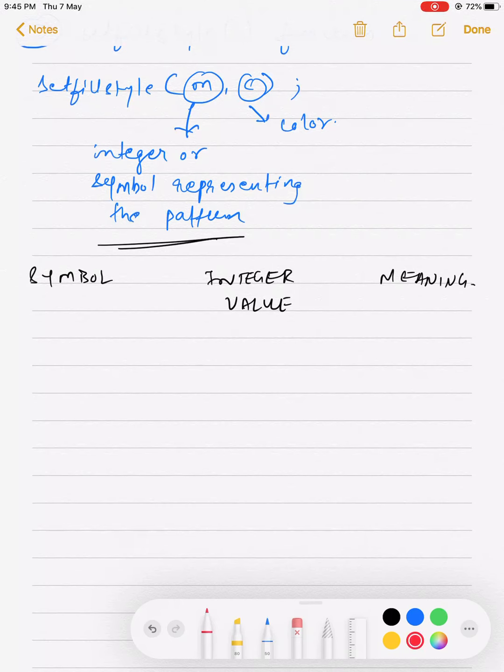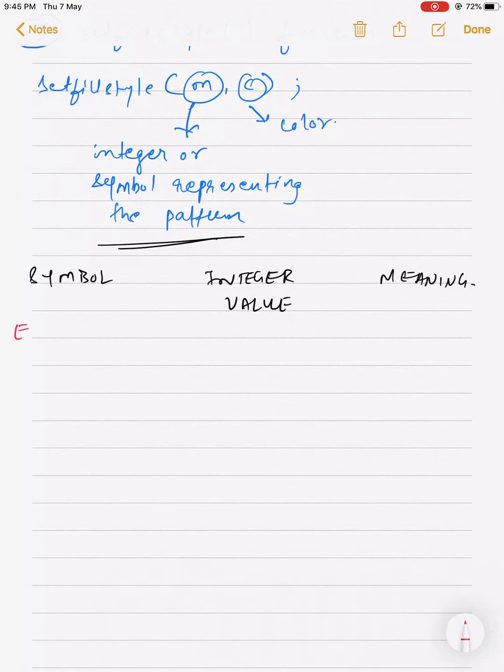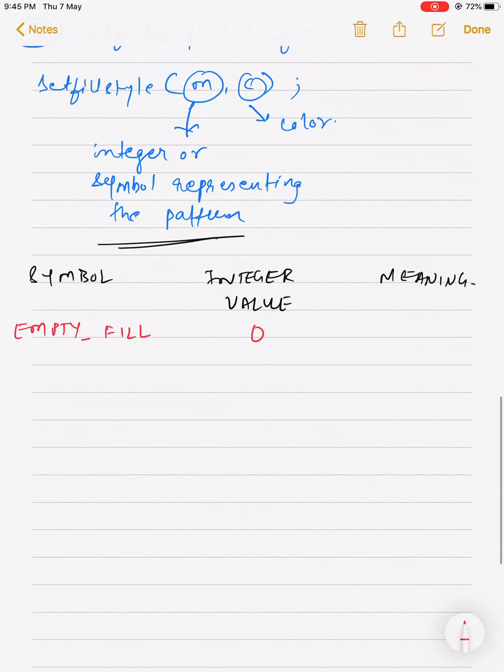Now pay attention. The first symbol is EMPTY_FILL, integer value 0, which means the background will be blank. The second one is SOLID_FILL, integer value 1.